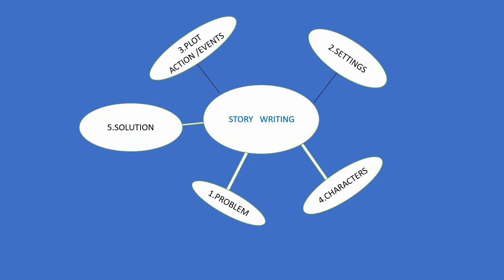Isn't it? What happened to the boy next, right? So after describing the ambience or writing all about the ambience or setting, for example, the boy was kidnapped from the mall, let's move on to the plot of the story. Plot means you are going to jot down the important actions and plot of the story. For example, how and why was the boy kidnapped? Isn't it? How was the boy kidnapped and why was the boy kidnapped? And we are going to mention the events like number one, number two, number three, likewise. And what happened to the boy next?